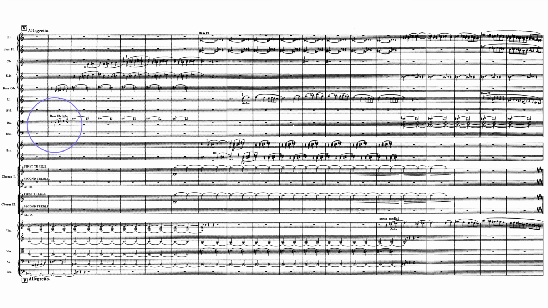Notice that the recommended substitution is for first bassoon. Holst really wants it to have that double reed sound. And I've actually heard this played with small orchestras that could not get a bass oboe supplying bassoon, and it works beautifully. It can actually be really magical if you have a terrifically great bassoonist. They can make it sound just as mysterious as if it were a bass oboe, except for the fact that